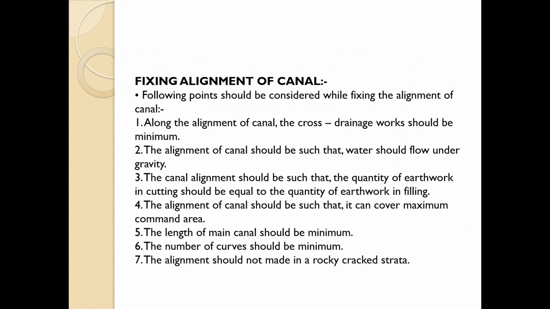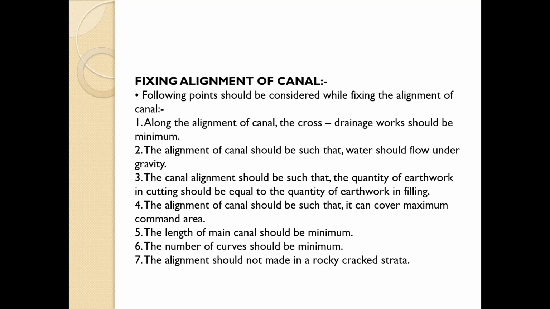Now, fixing the alignment of the canal. The following points should be considered while fixing the alignment of the canal. First, along the alignment of the canal, the cross drainage work should be minimum. Second, the alignment of the canal should be such that the water flows under gravity. Third, the canal alignment should be such that the quantity of earthwork in cutting is equal to the quantity